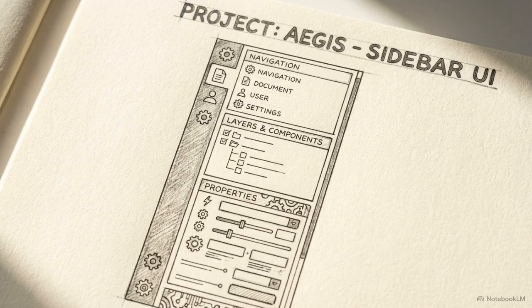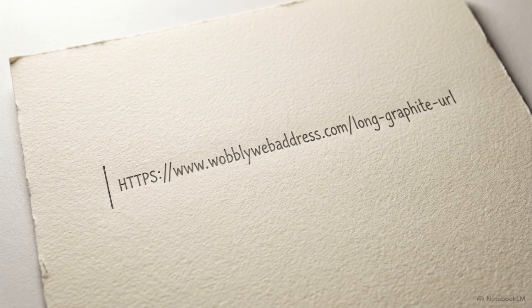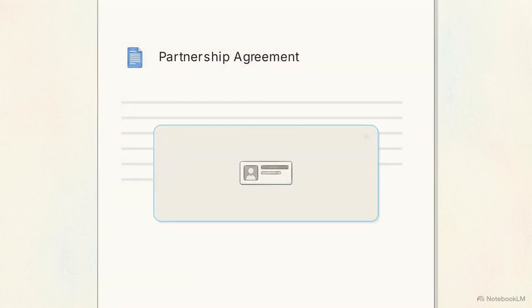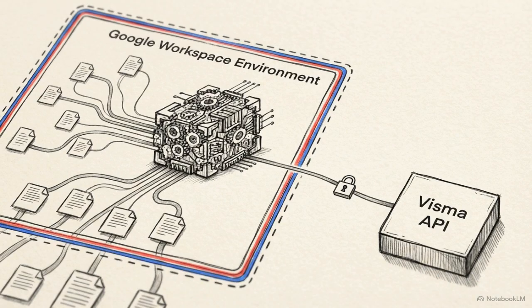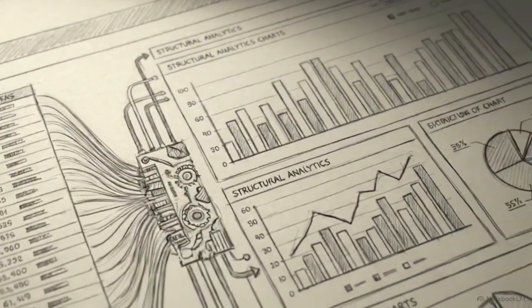Because the application knows exactly which file the user intends to sign, contextual isolation completely eliminates the need to request the broader Drive scope or load a separate file browser. The add-on also employs the workspace.link preview scope, reading just enough metadata from a pasted Visma Sign URL to render a rich, real-time status card directly in the document. By shifting the application interface directly into the host environment, the system leverages the user's immediate context to drastically shrink its required security footprint. Pulling back, we can evaluate the complete Sign Goodi Flow ecosystem, from the React interface down